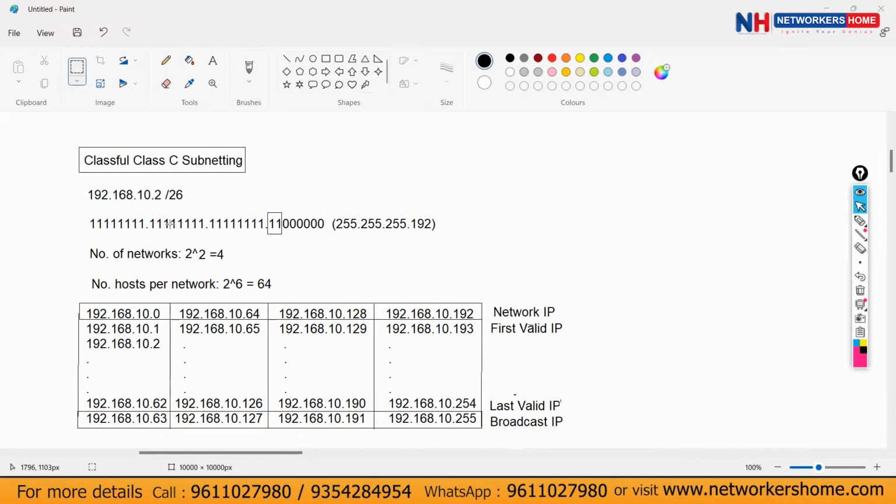We have represented them with ones, which means network bits. So network octets always remain constant. In this case, this is the college code, and this will be the number for the students. This will remain constant, but this octet can vary according to class C classful subnetting.